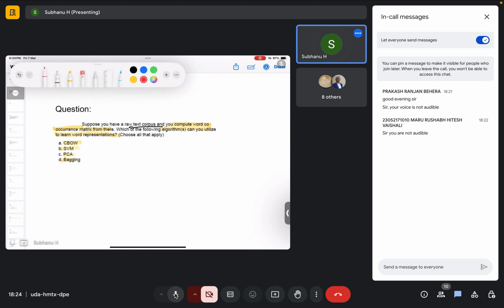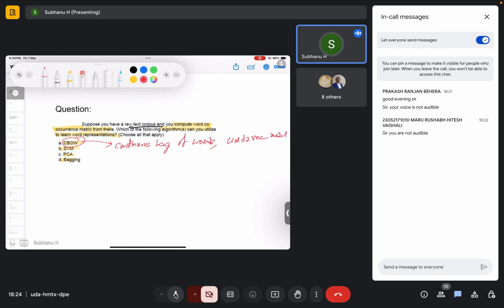So we know that the first one is CBOW. What is the purpose of this? CBOW means continuous bag of words. This is a part of the word2vec model, and this learns the embeddings, but